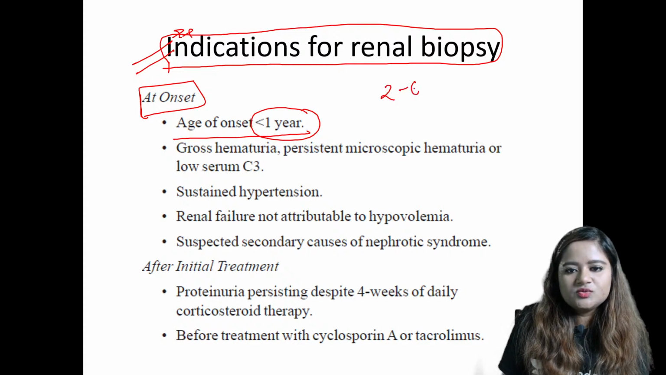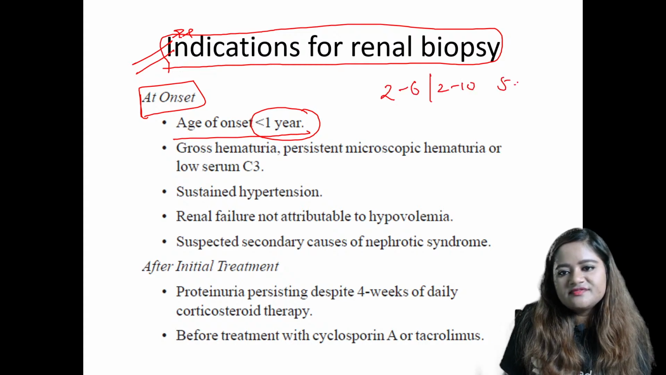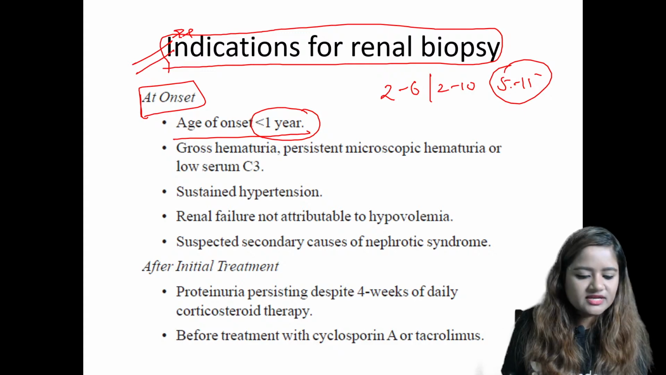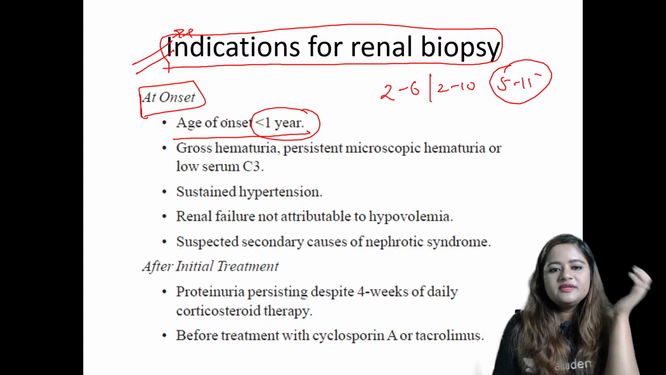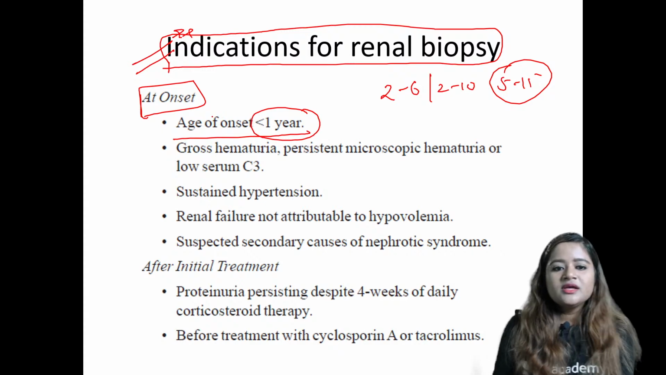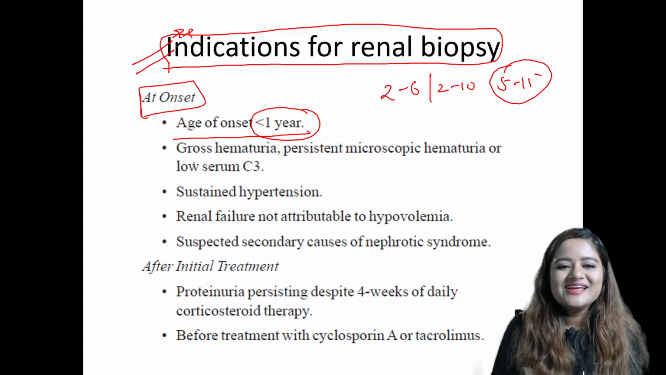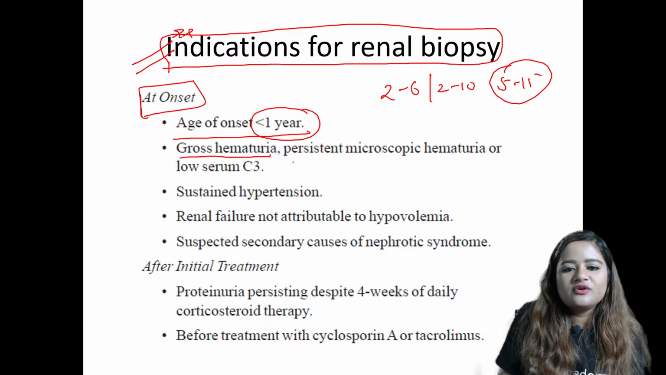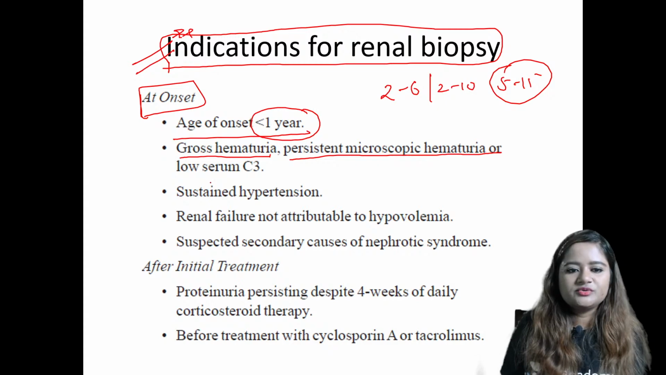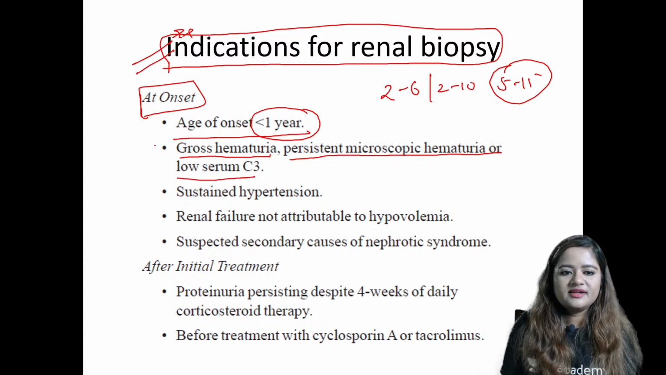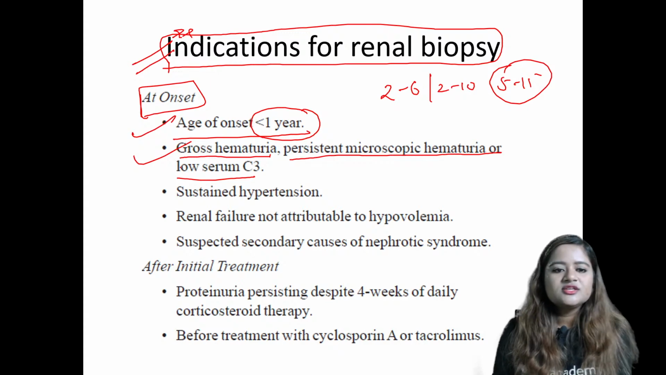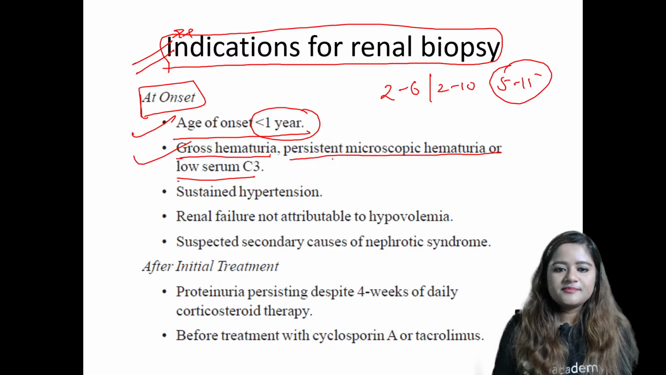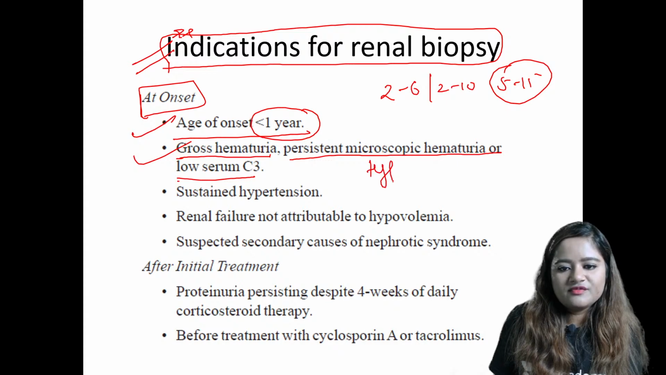हमने कब से पढ़ा था? 2 to 6, 2 to 10 years, 5 to 15 years. So school going age में ज़्यादा common होता है. So if the child is very, very young, that means if the age of the baby is less than 1 year of age. We all know that nephrotic presents with proteinuria. So if you have gross hematuria or you have persistent microscopic hematuria or you have persistent low complement levels, so this atypical presentation demands a diagnosis. So in this case, we need to do a renal biopsy to confirm what is the type of nephrotic syndrome